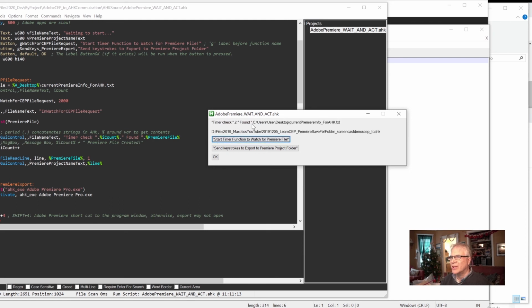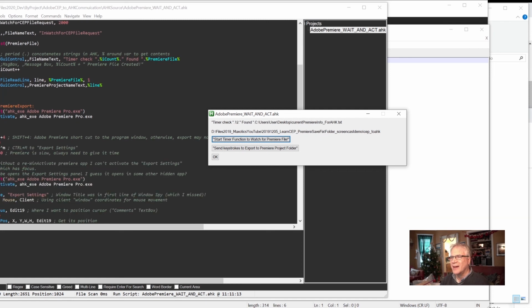So here you see timer check 1, and that's from this GUI control from the timer. So every 1 second, it found the file name, and then it put the first line into this text box. Now we have a second button here, GSendKeys Premiere export, and then here's the function for that. When we hit that button,